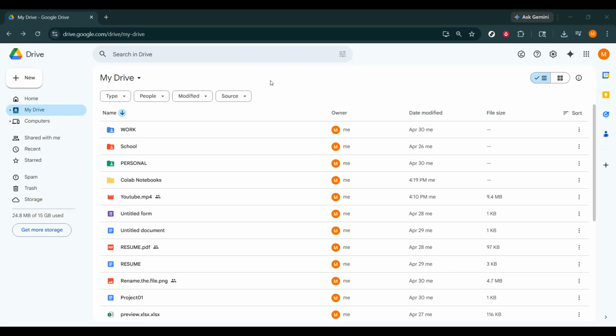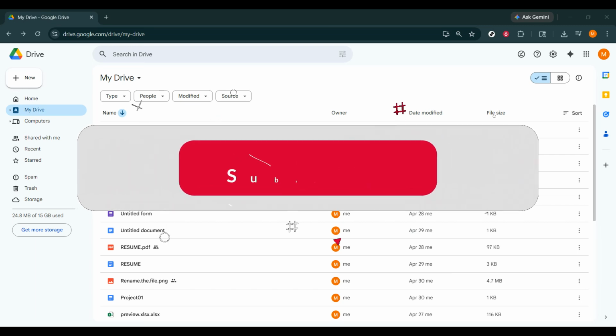If you've ever saved a notebook in Google Drive and wondered how to open it in Google Colab, you're in the right place. In this quick tutorial, I'm going to show you the easiest way to open a .IPYNB notebook straight from Drive, and I'll also show you what to do if Colab doesn't appear in the menu. This is a simple workflow that saves time and makes it much easier to work on Python notebooks without downloading